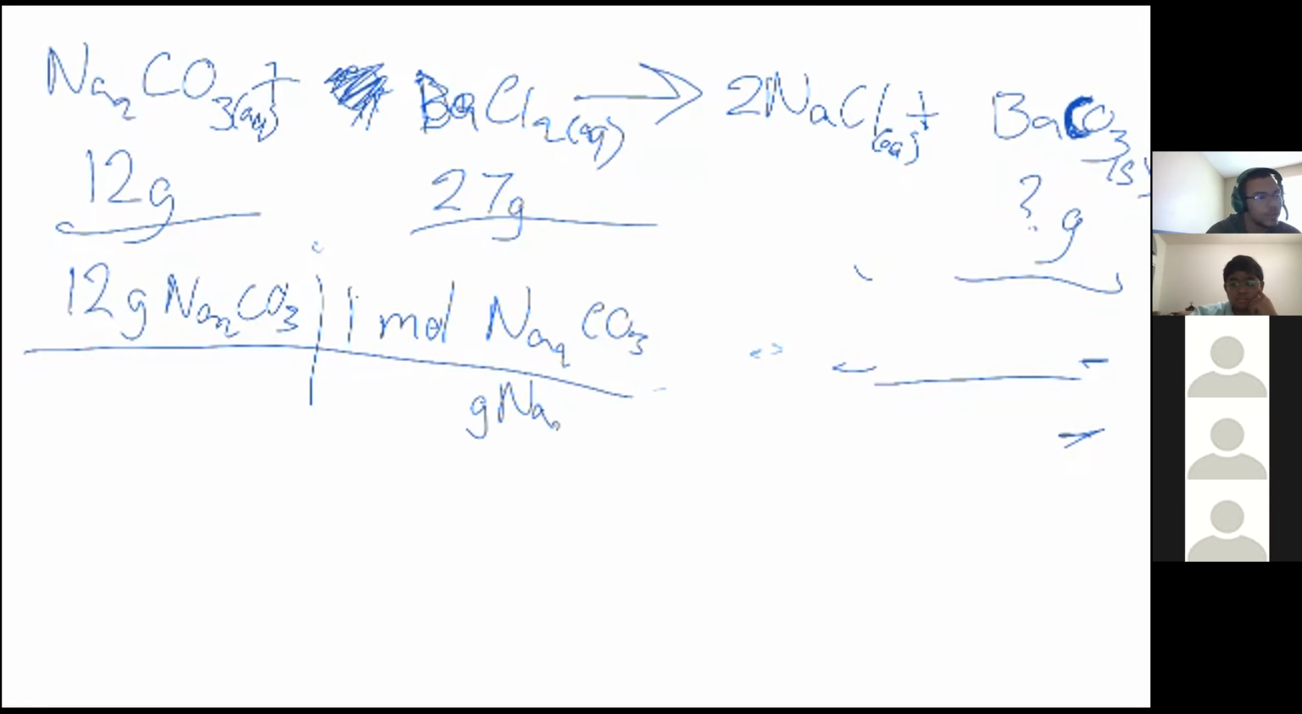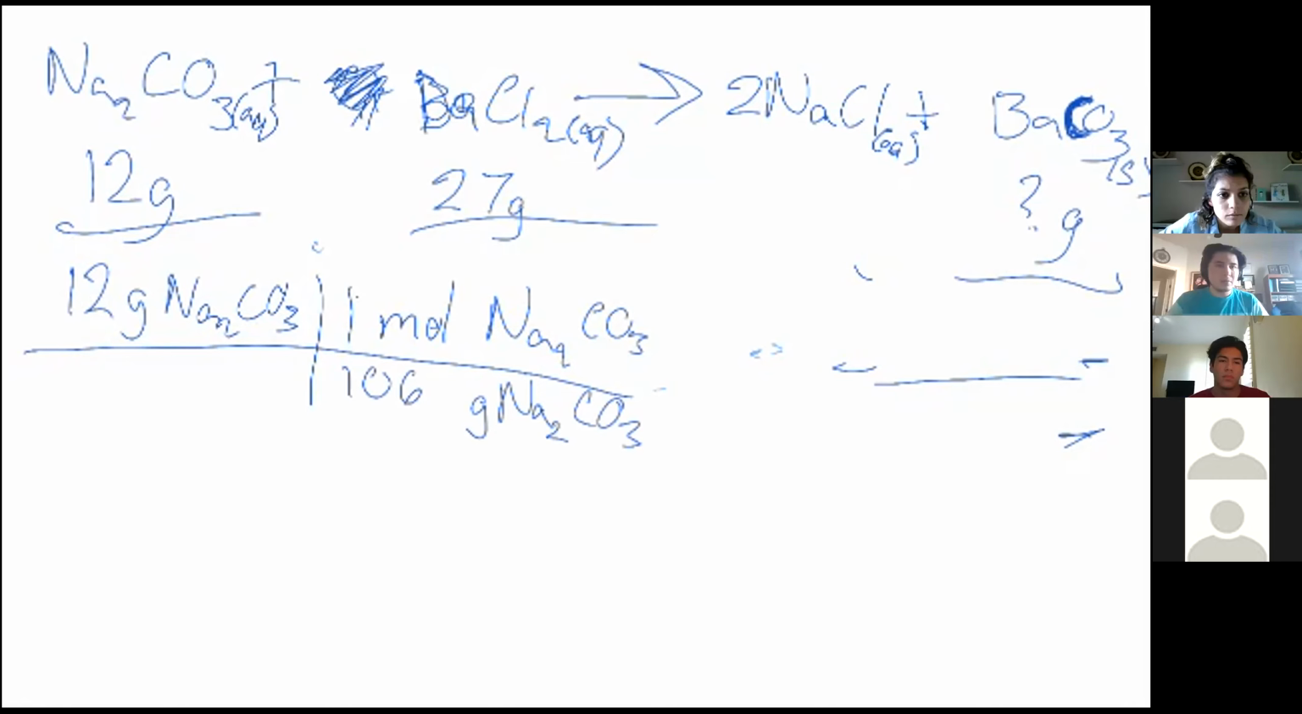Beautiful. So we have 106 grams of sodium carbonate. Now, are we going to stop at moles of sodium carbonate, or are we going to keep moving forward? Are we stopping at moles of sodium carbonate, or are we going until we reach moles of barium carbonate? Well, we know we're trying to convert to grams of barium carbonate eventually. So your next step would be